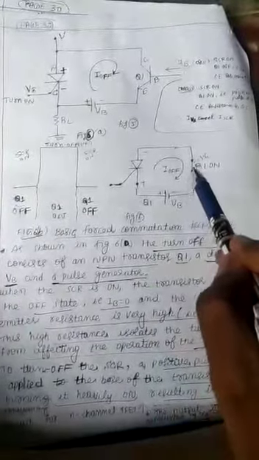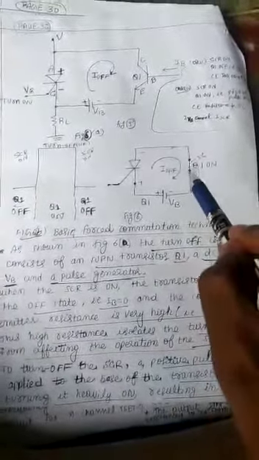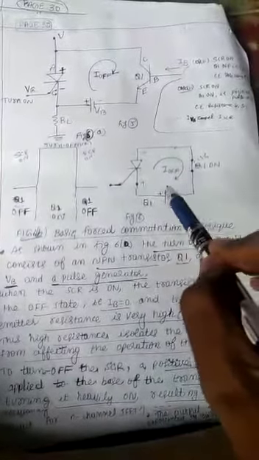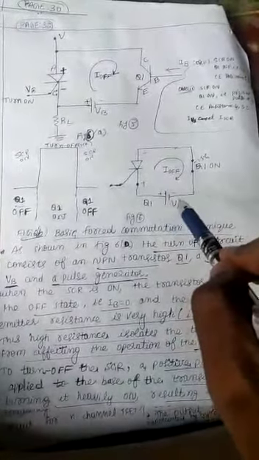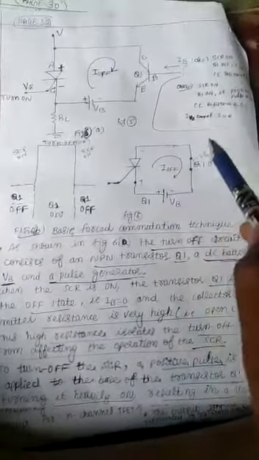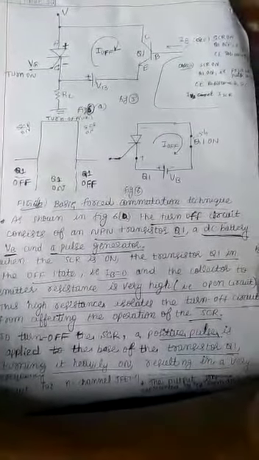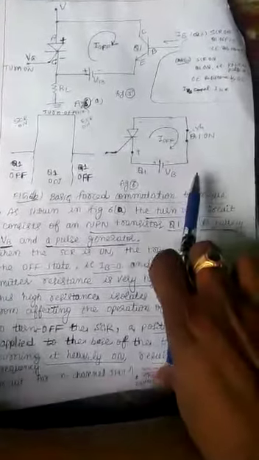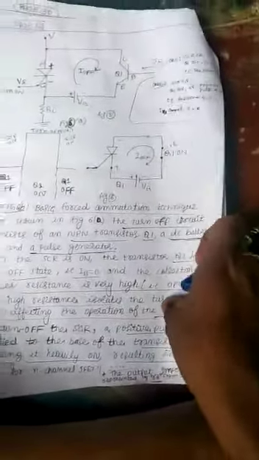If you come to the circuit, when Q1 is on, I have shown with respect to a short circuit here, you have a battery supply here followed by a current. The explanation I had given here, you just go through that. If you have any doubt, you can approach me later on.